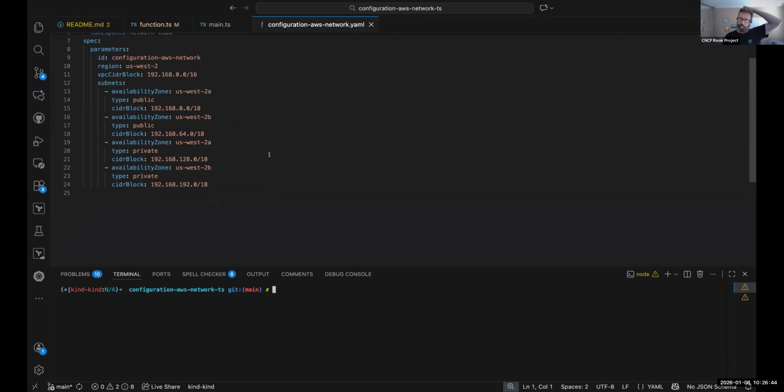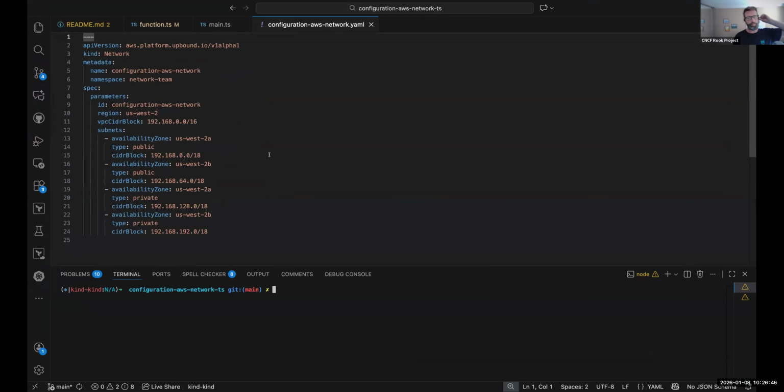Okay. What we're going to talk about here is just the whole process of adding TypeScript support to a Crossplane function. I'm actually quite excited about this because, I'm a Go person myself, and I haven't really been in the JavaScript ecosystem, but I found that I'm actually enjoying TypeScript quite a bit the more I work with it. And we'll talk about it. I think it's actually a really good infrastructure programming language.